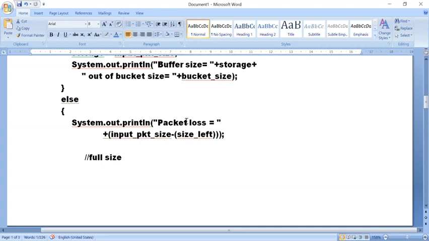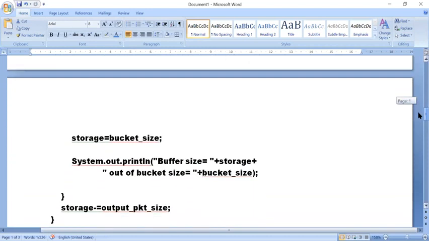Just add it to the packet loss, because every time it has to change. In this way, we calculate the bucket size and the packet size. Once that is done, your bucket size will change. It will be equal to your storage. Before that, the storage was initialized as 0. So you can keep that inside the storage.